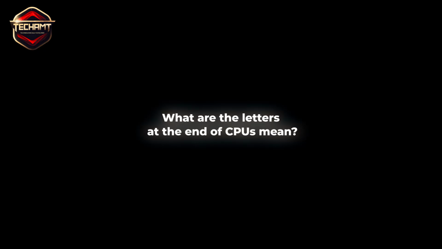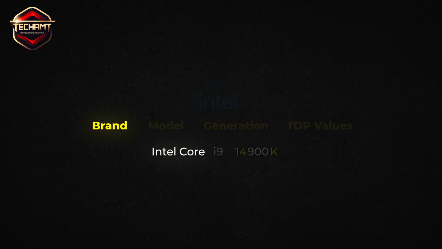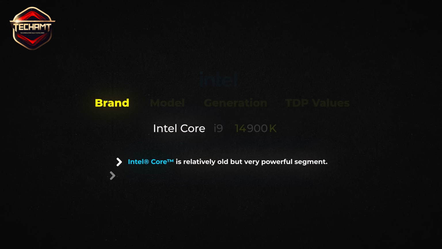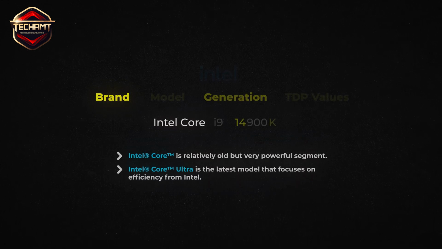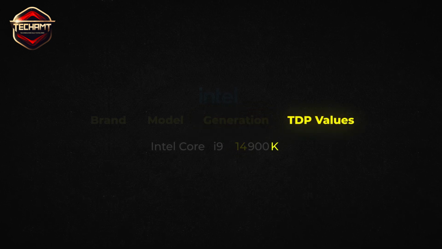What do the letters at the end of CPUs mean for Intel desktop processors? The Intel naming convention consists of 4 elements: brand, model, generation, and TDP values. First, you have the brand. Intel Core is a relatively old but very powerful segment, while Ultra is the latest model that focuses on efficiency from Intel. The number indicates the generation, and the letter at the end indicates the expected TDP value and the